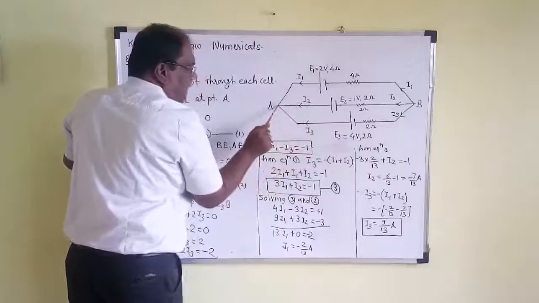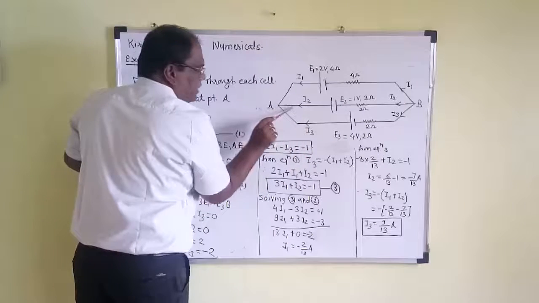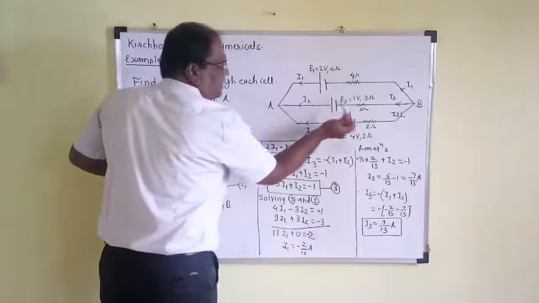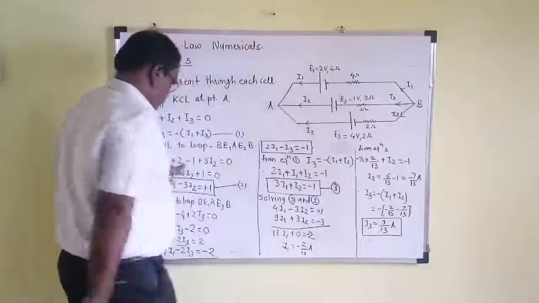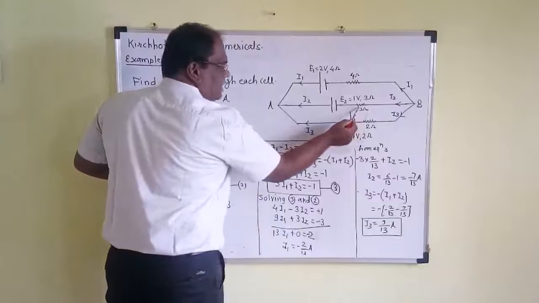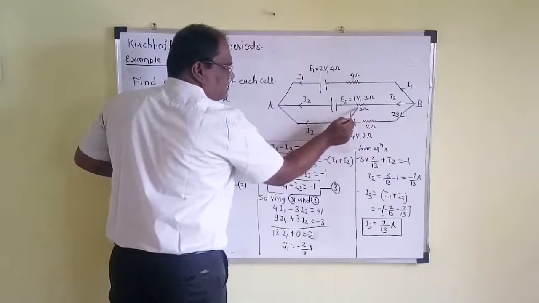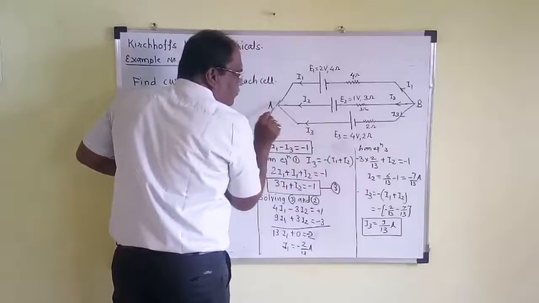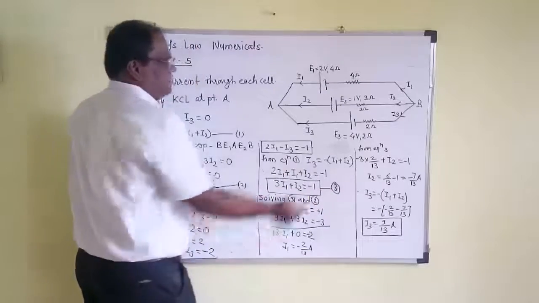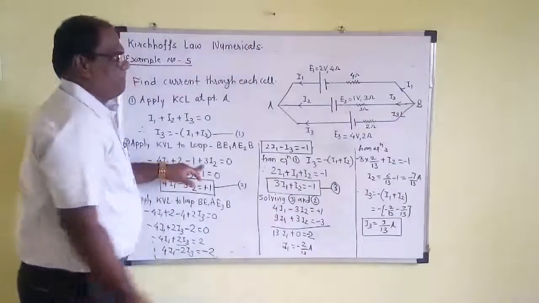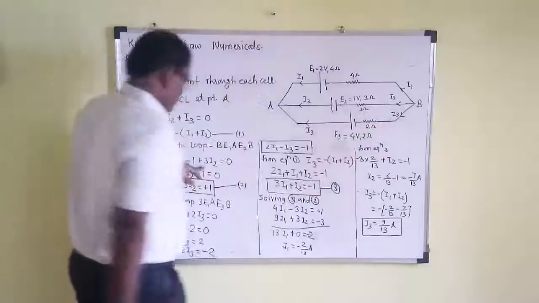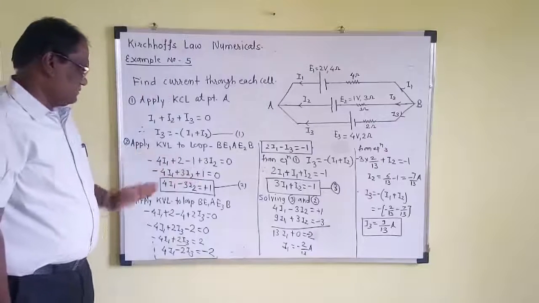Now, from A to E2, we are moving in this direction. That means positive terminal to negative terminal of the battery, a potential drop. This is written as negative, hence minus 1. Potential difference across 3 ohm: the current flowing through this 3 ohm resistance is I2. We are moving in this direction, that means opposite to the direction of I2. Hence write plus 3 I2 is equal to 0, for the loop B, E1, A, E2, B. Our equation is this. Solve.